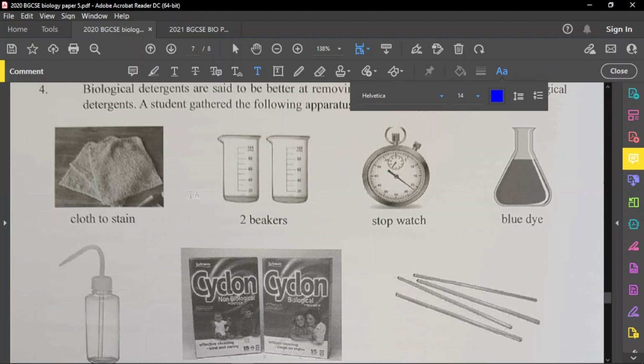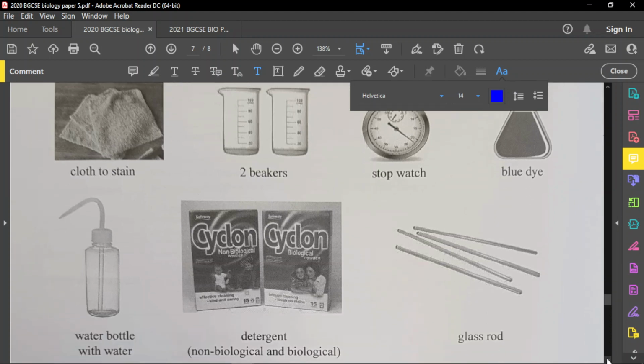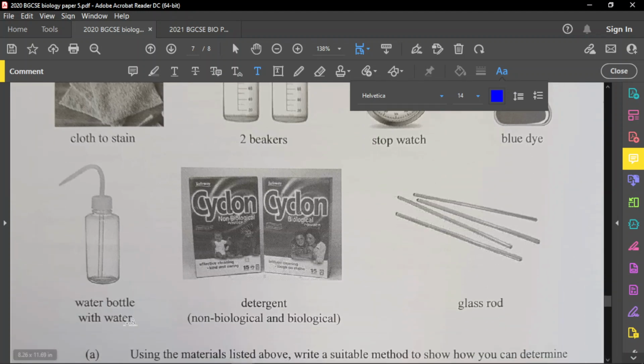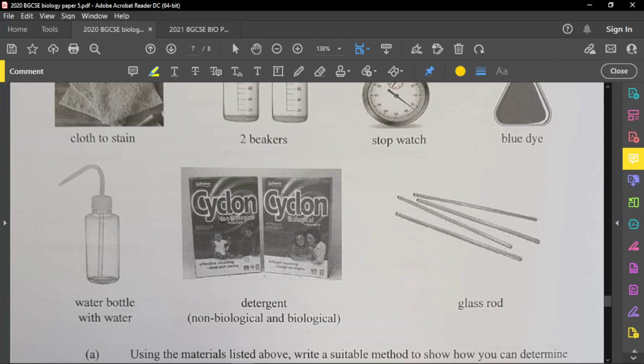So the blue dye is what we're going to use to stain the cloth. All right, and we have a water bottle with water in it, and then we have here detergents. We have 2 detergents here. They are Cyclone. One is non-biological, and the next one is biological. If you could see it on the packaging, let me highlight it for you. So one package is the non-biological. The other one is biological. And you have a